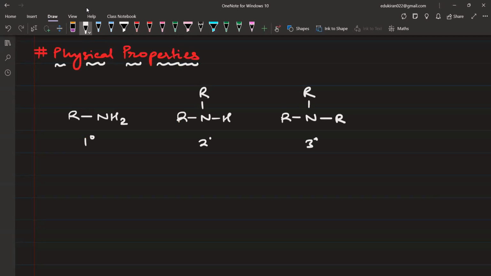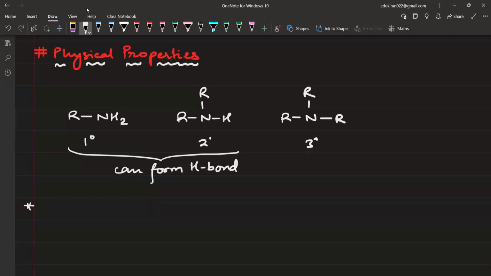This is 3 degree. That means the nitrogen bonded with one carbon, 1 degree. Nitrogen bonded with 2 carbons, 2 degree. Nitrogen bonded with 3 carbons or 3 alkyl groups, it is 3 degree. If you look at the first two, that is 1 degree and 2 degree, then you can see that there is a nitrogen-hydrogen bond present, and that is why only these two can form hydrogen bond. And because only these two can form hydrogen bond, their boiling point is greater than the 3 degree one. Okay. So you'll write, first of all,